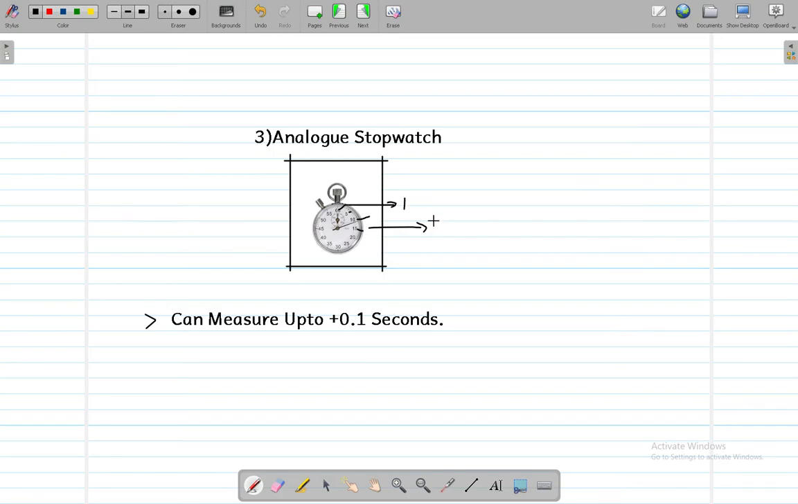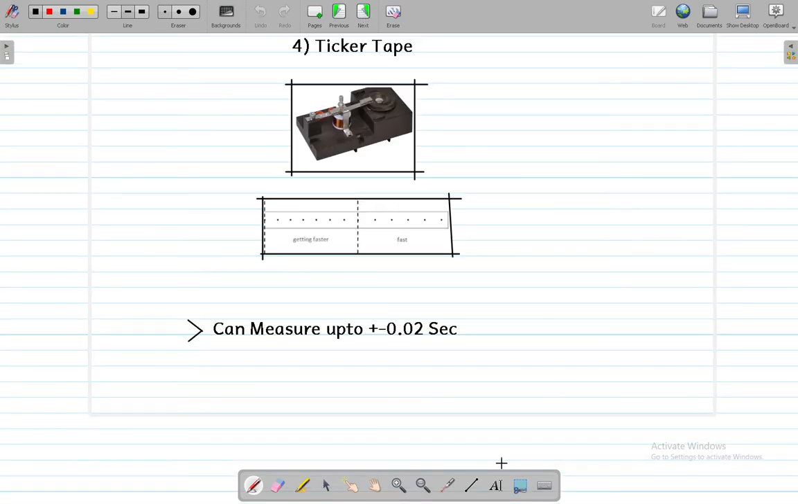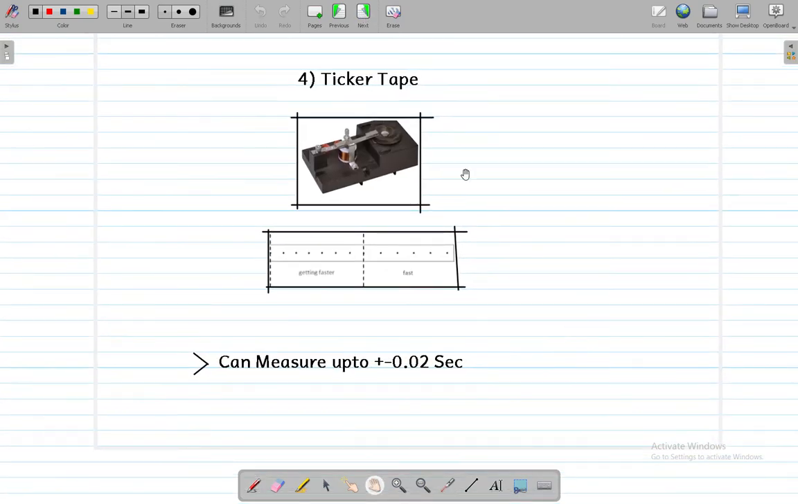Now 60 seconds is equal to 1 minute, it can measure time up to the accuracy of 0.1 seconds, and that is its accuracy, plus minus 0.1 second. The fourth clock we are going to look at is the ticker tape. Now ticker tape is a bit of an old clock which is not that much used, but it is still